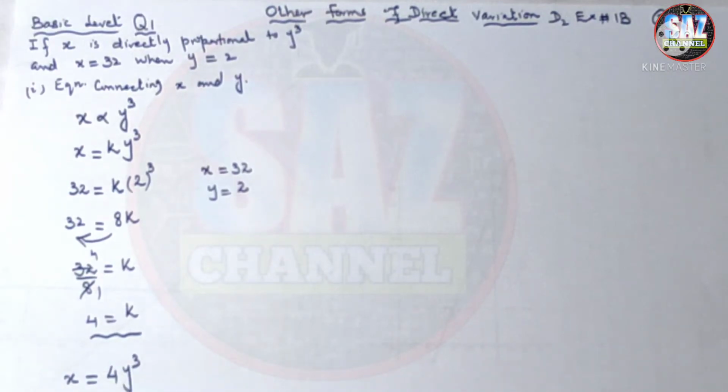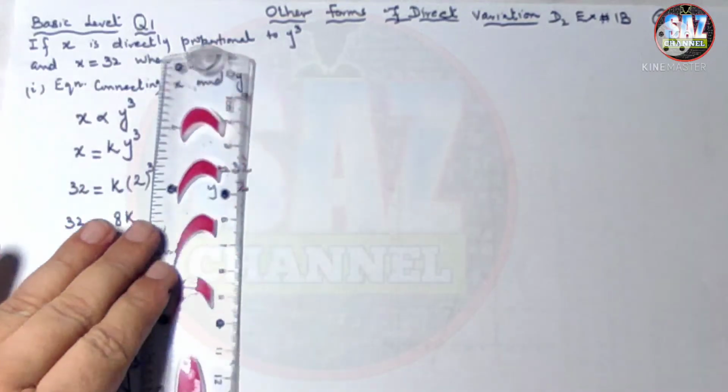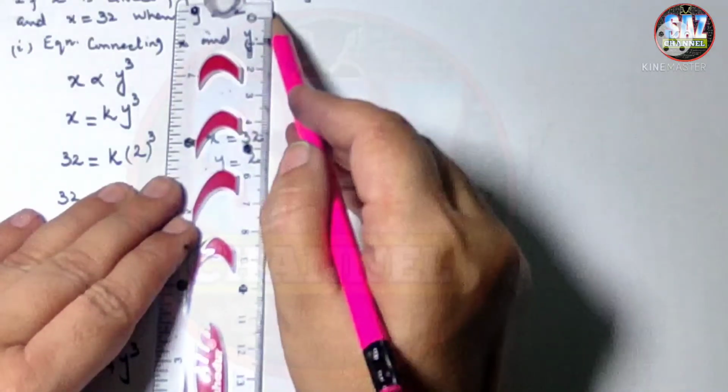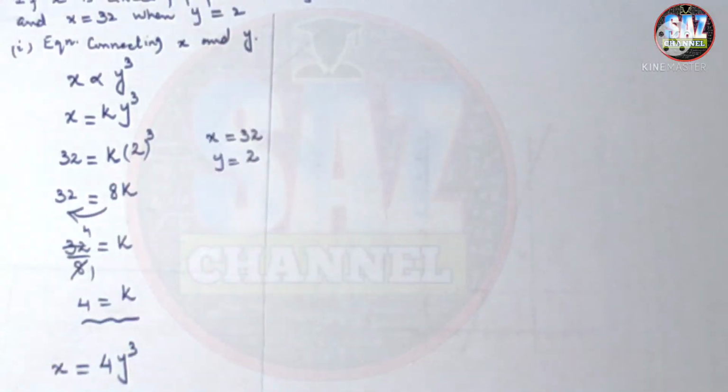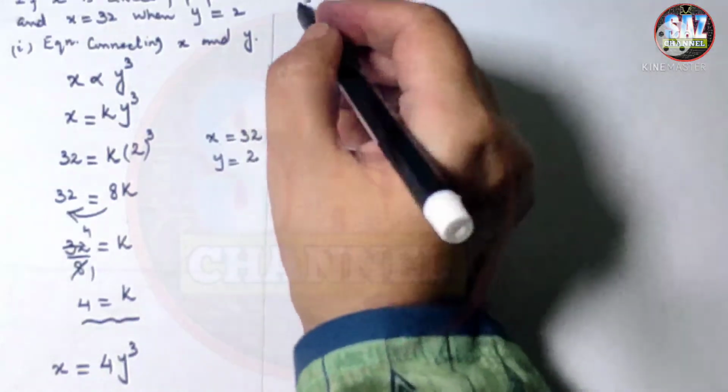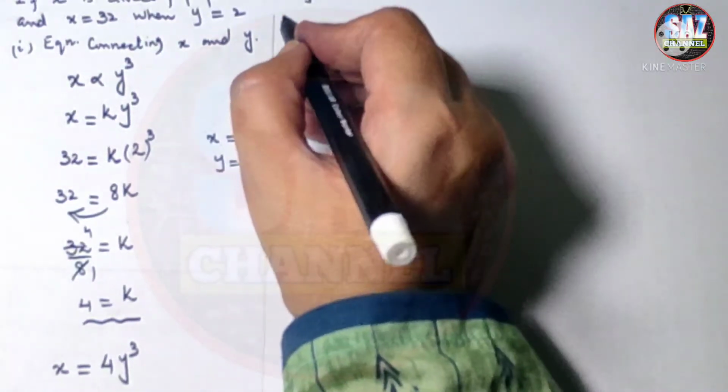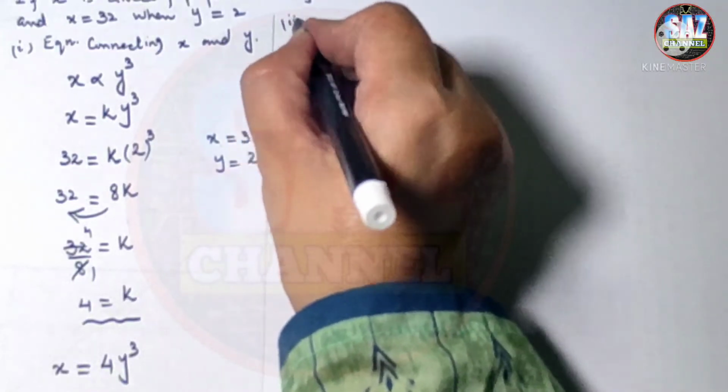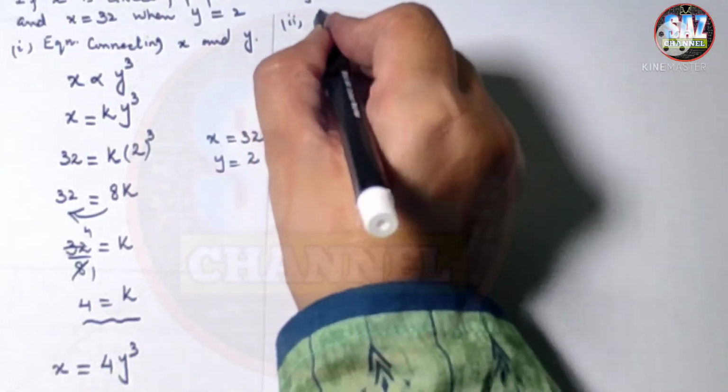I hope the first part is clear, and now it's time to go for the second part. But before that, let me draw the line here so that my students should not mix working with the other part. Always present your working in a very nice and presentable way. And the second part says the value of y when x is 6. Sorry, let me read the question carefully. The second part is find the value of x